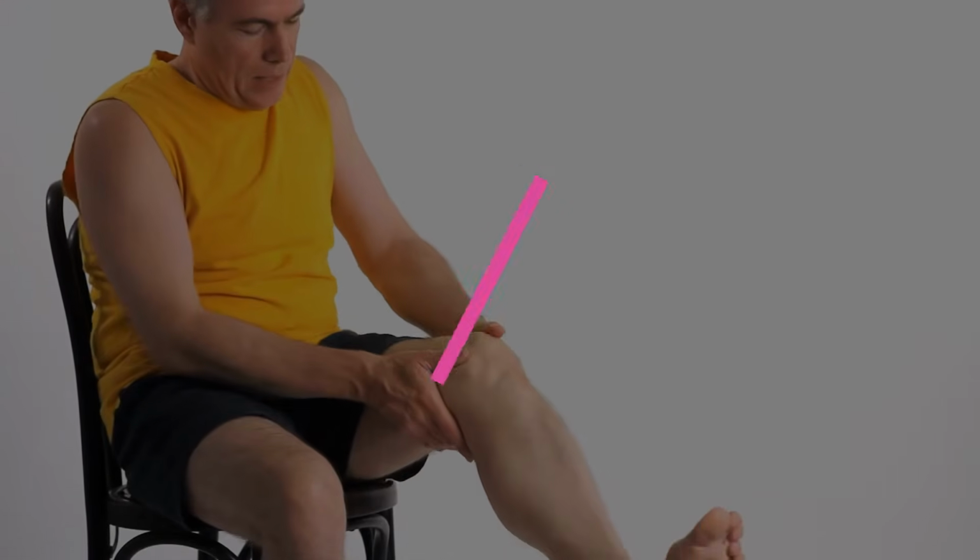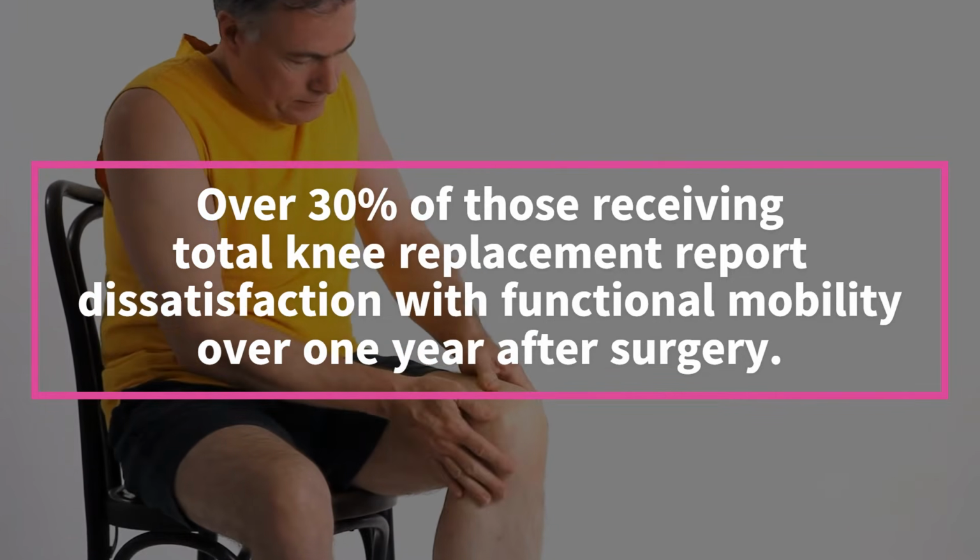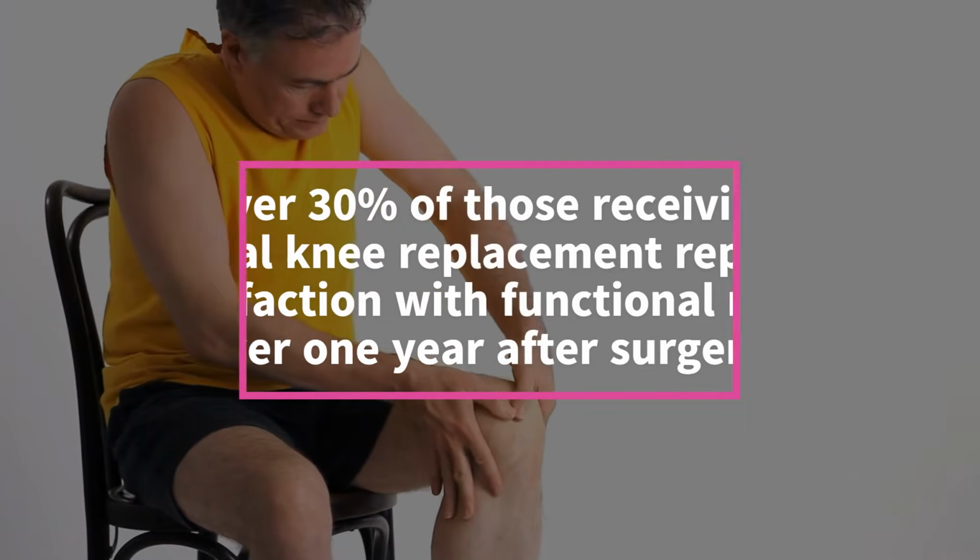Over 30% of people who have had a total knee replacement report dissatisfaction with their ability to get around over 1 year after surgery. And this is despite typical rehab. And I believe this is because rehab ends too early, and patients tend not to finish out the last phase of rehab, which would focus on progressive strengthening. Because even if you did some strength exercises during rehab, it likely did not start until 8 weeks after surgery. So most only get exposed to about 1 month of strength exercises before they are discharged, which I would argue